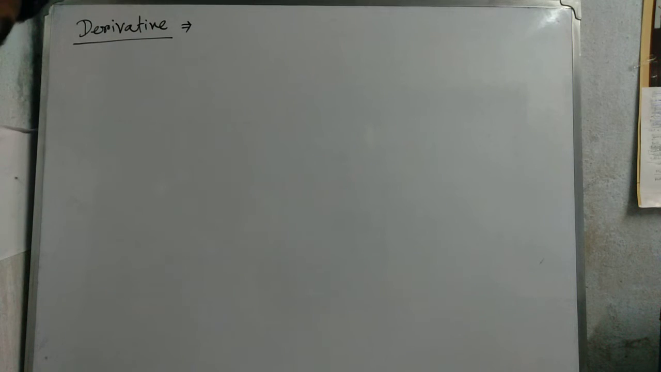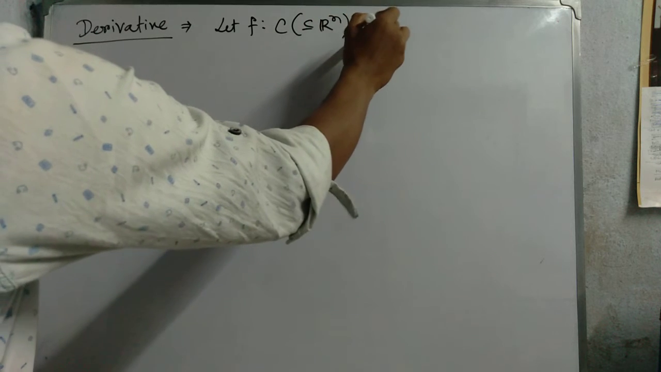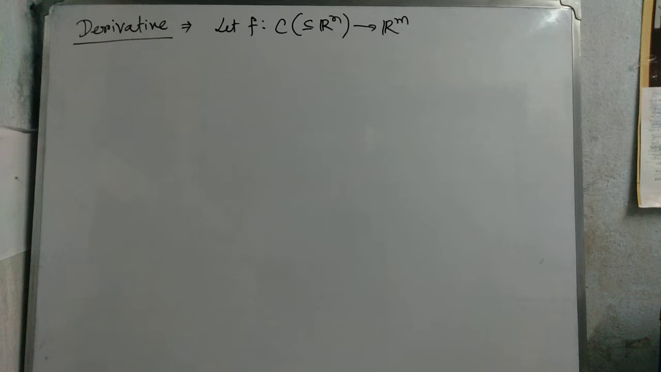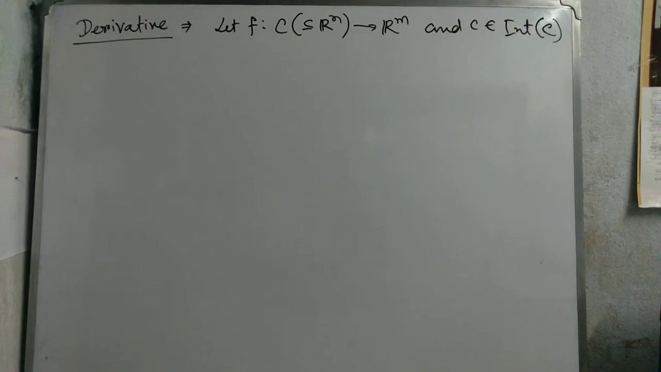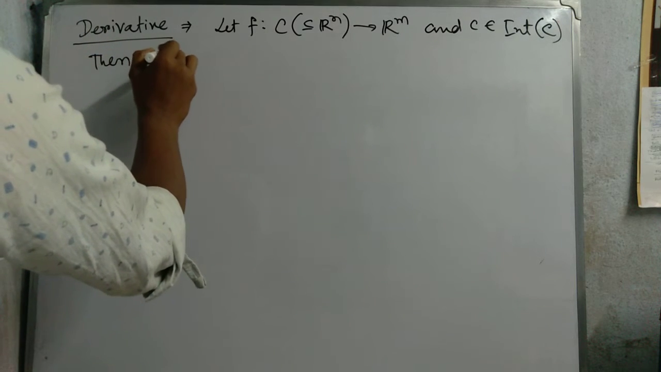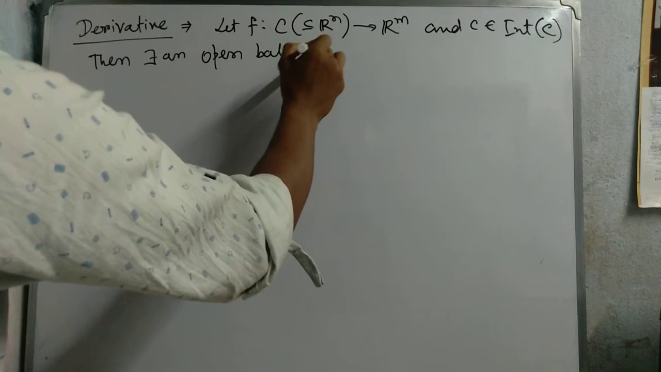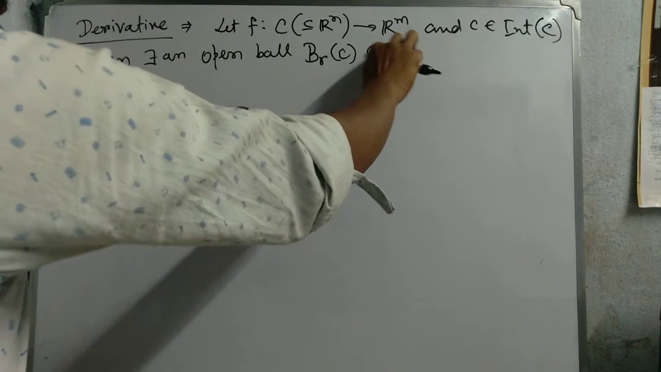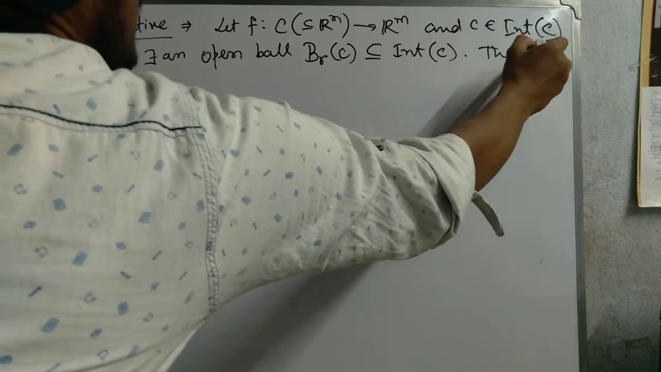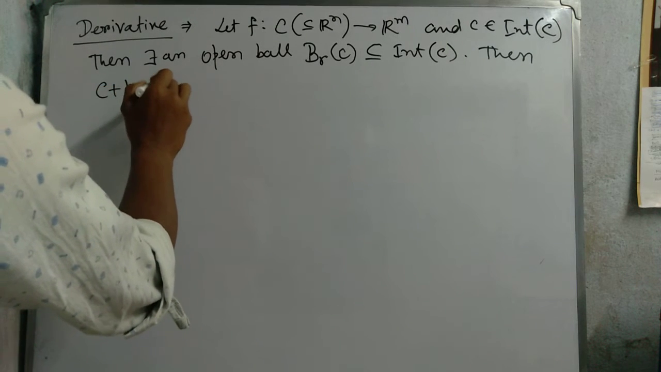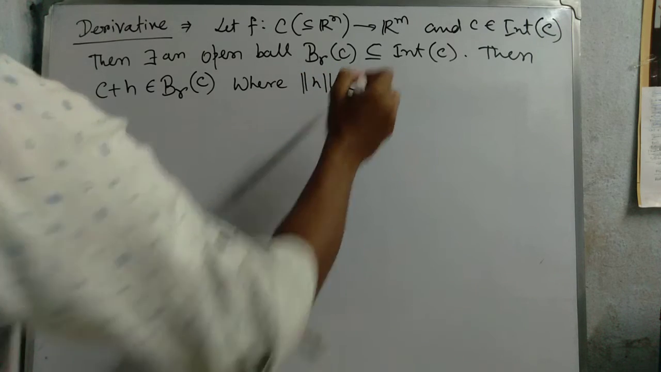Derivative. Let f: C subset of Rn to Rm and c belongs to interior of C. Then there exists an open ball B_r(c) subset of interior of C, then c plus h belongs to B_r(c) where norm of h is less than r. Okay,